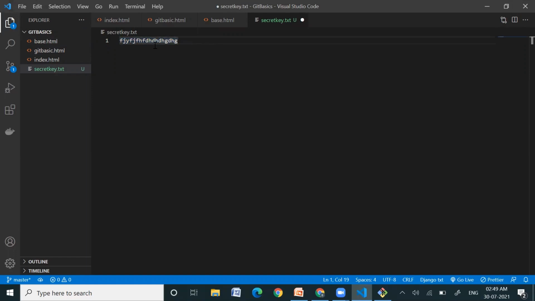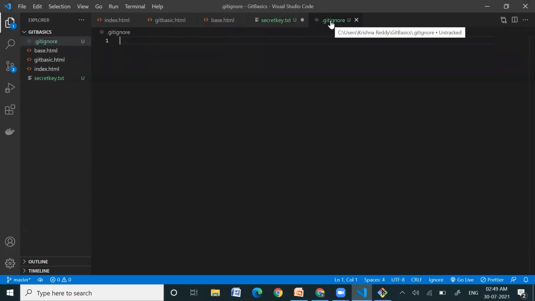So in order to do that, we need to create this .gitignore file. This is the file in which the listed files are not tracked by git, because in the name itself we have git ignore, right? So this file is not tracked by git.